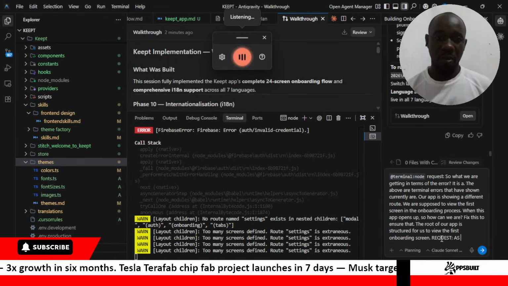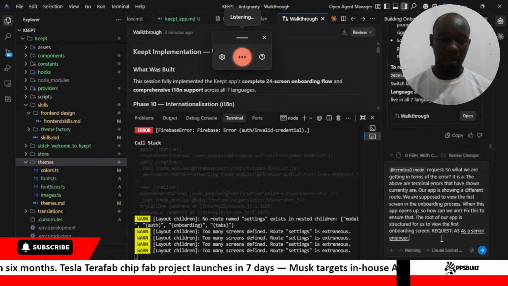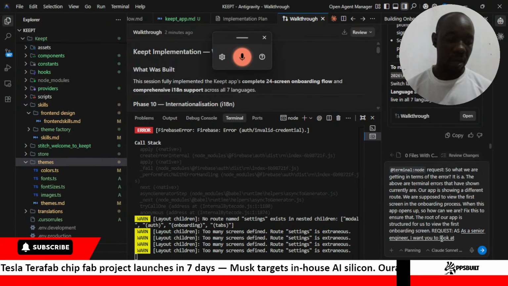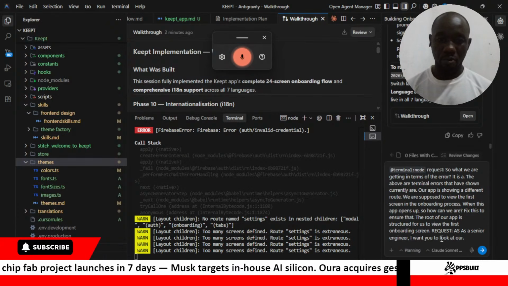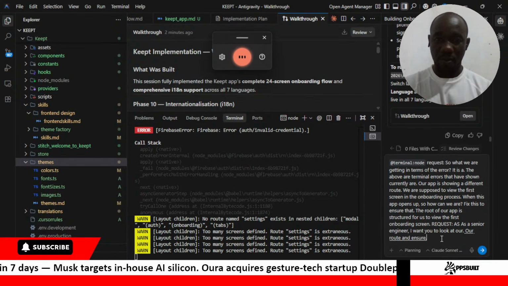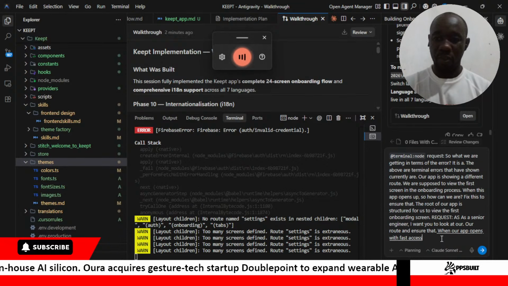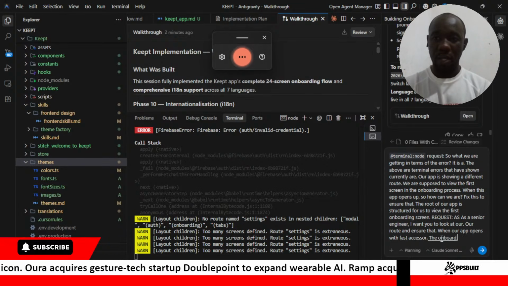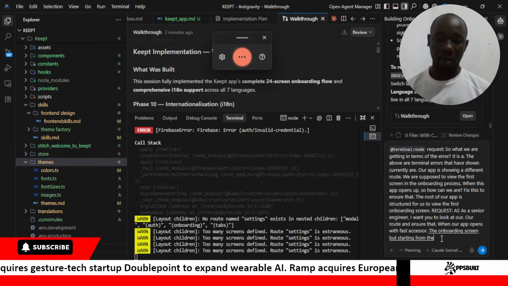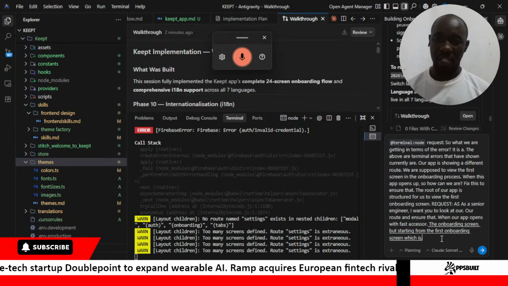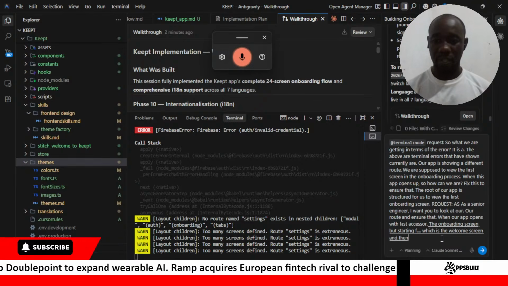As a senior engineer, I want you to look at our route and ensure that when our app opens, we first access the onboarding screen, starting from the first onboarding screen, which is the welcome screen, and then from there you can test out all the functionalities and the screens that you've set up.